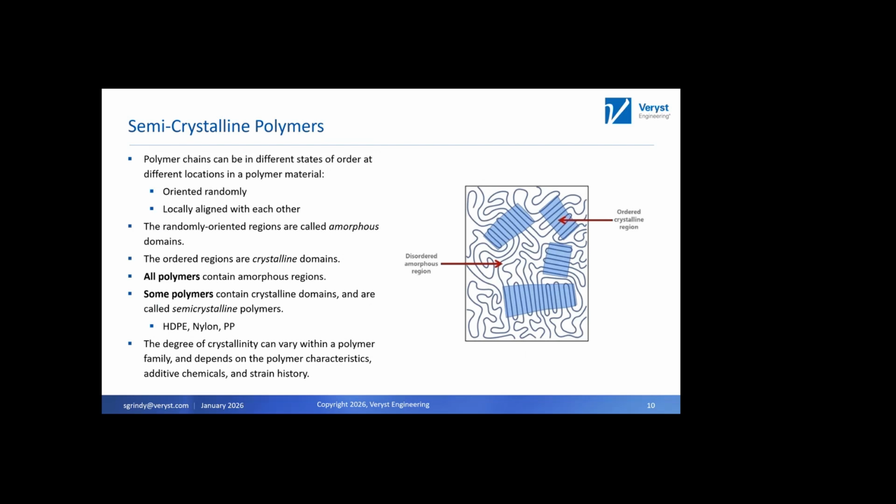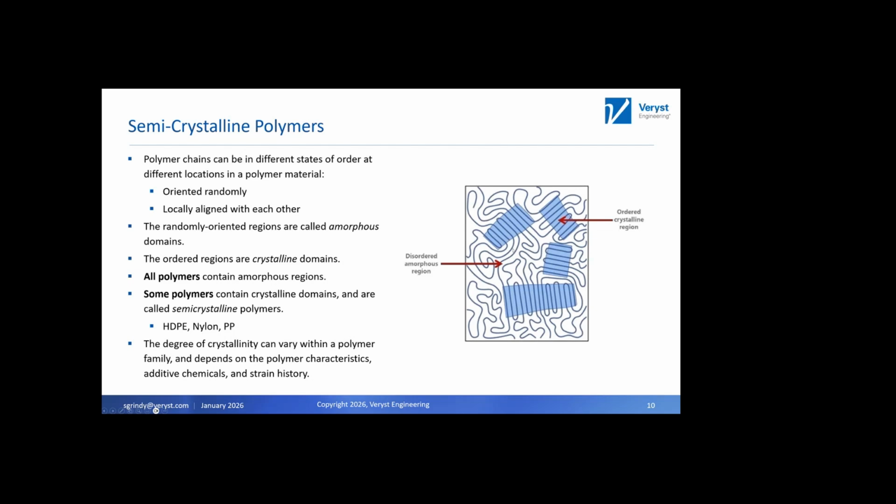Moving from thermoplastics and thermosets onto semi-crystalline polymers, this is the other aspect of polymer structure that I think is worth mentioning. I like to keep referring back to this spaghetti picture, this understanding of polymer material structure, in which the polymer chains at different locations within a polymer can be in different states of order. They can be oriented randomly, much like your plate of spaghetti, or they can be locally aligned with each other. And you see that in this cartoon image over here,